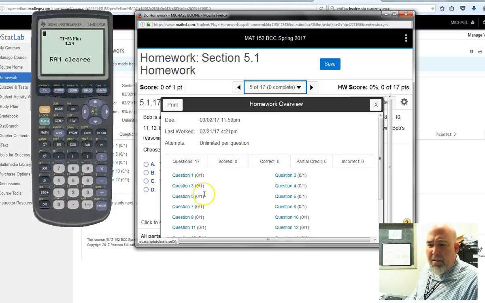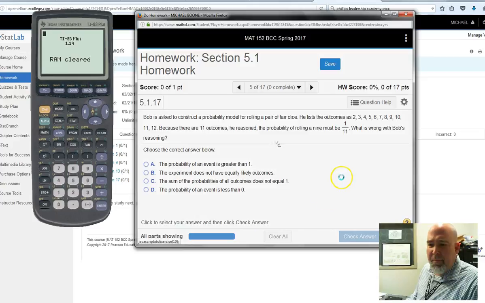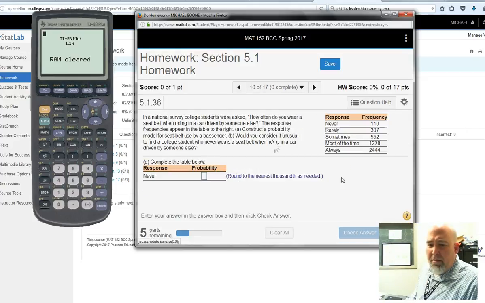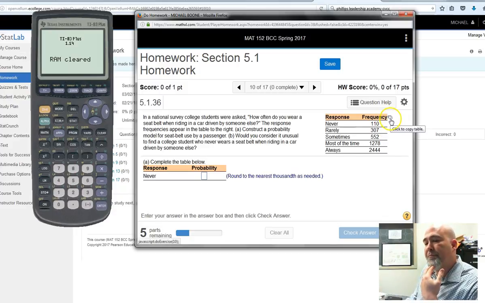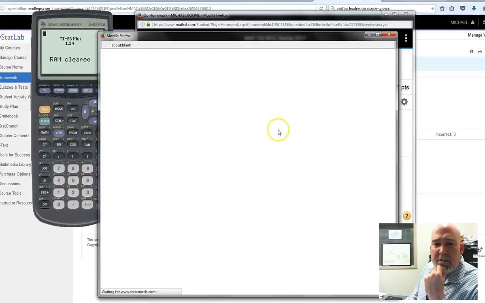Another one I want to look at is something that I think we can use StatCrunch for. So jump into number 10, is trying to figure out the probabilities. Well, first to find the probabilities, we're doing a probability model based off of data. So this is from an experiment, not a theoretical probability. Like when you flip a coin, the probability of flipping heads is a half. So if I did open this in StatCrunch, I need to get a total number of people. So I could use StatCrunch to help me out here just to find a total. And we can do that